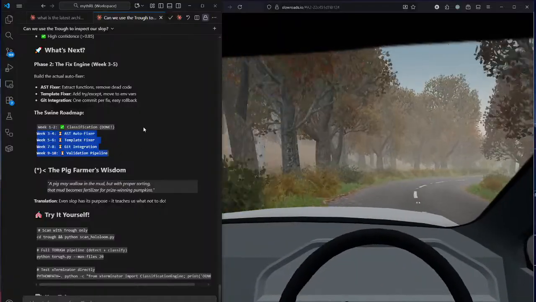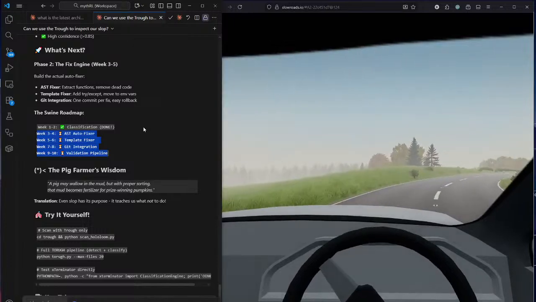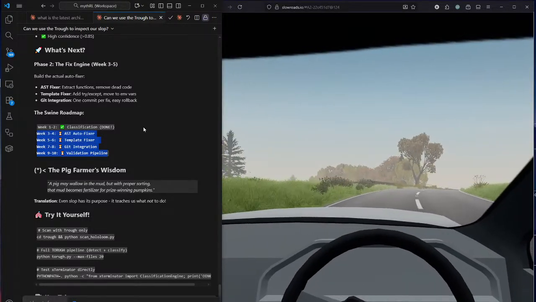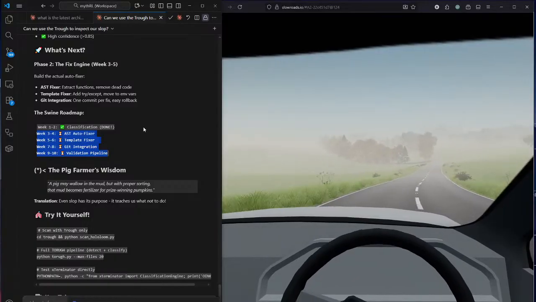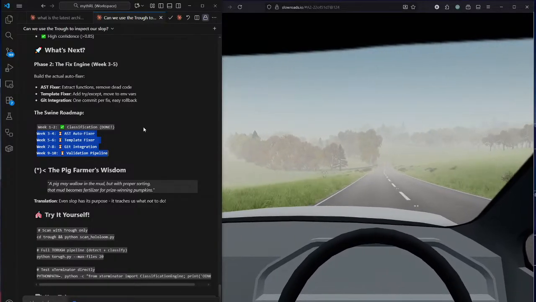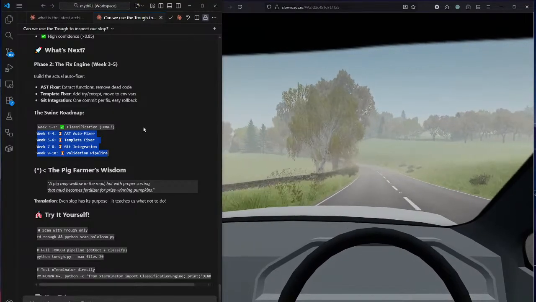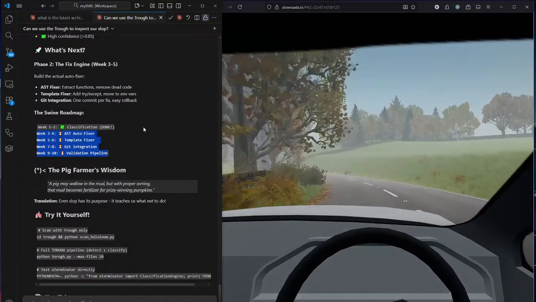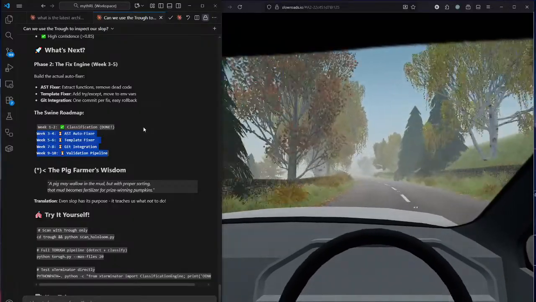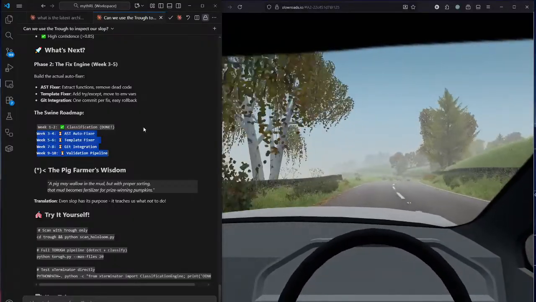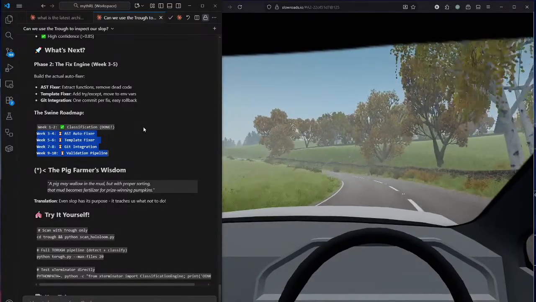Here's the pig farmer's wisdom from my app. My app's pig themed, did I tell you? It's pig themed because it eats AI slop for breakfast. It is called the trough. And you take your code to the trough and you feed it to the piglets. And the agents are called piglets. Isn't it cute?